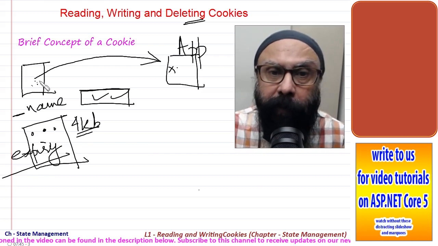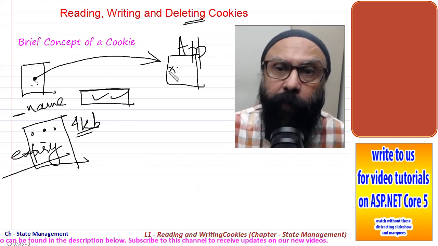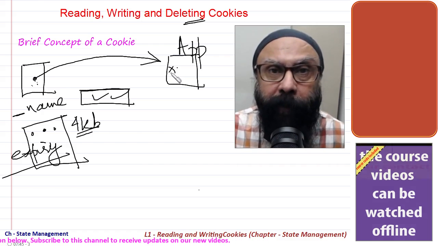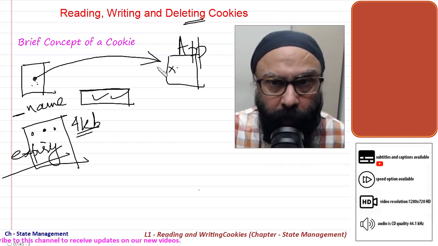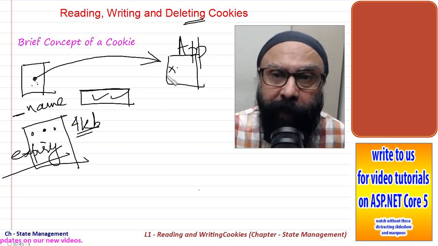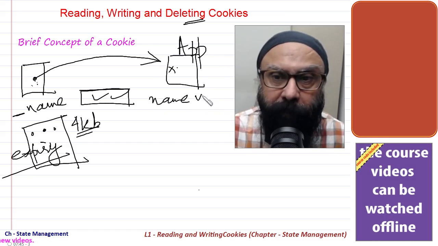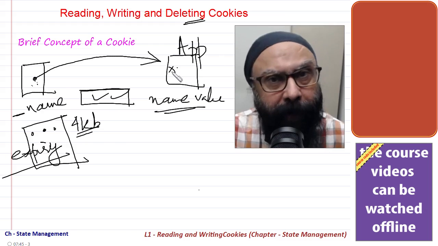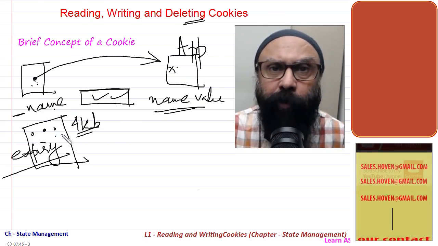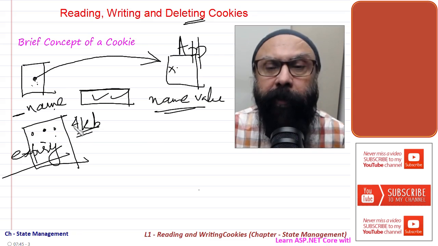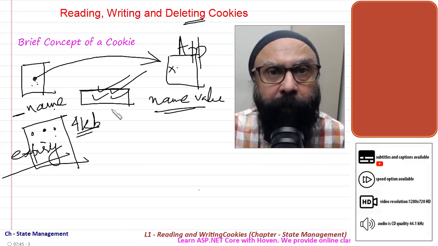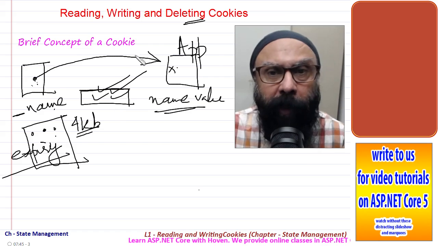So if this client browser now makes a request to your remote server the next time, then it will send all your cookies to you, all those cookies which are active, which have not yet expired. It will send them to your server as name-value pairs. So your server can read the name of the cookie and the contents inside it, and make use of that information. Typically it pre-fills your text boxes, or maybe your color preferences, font preferences. All that can be done with the help of a cookie.